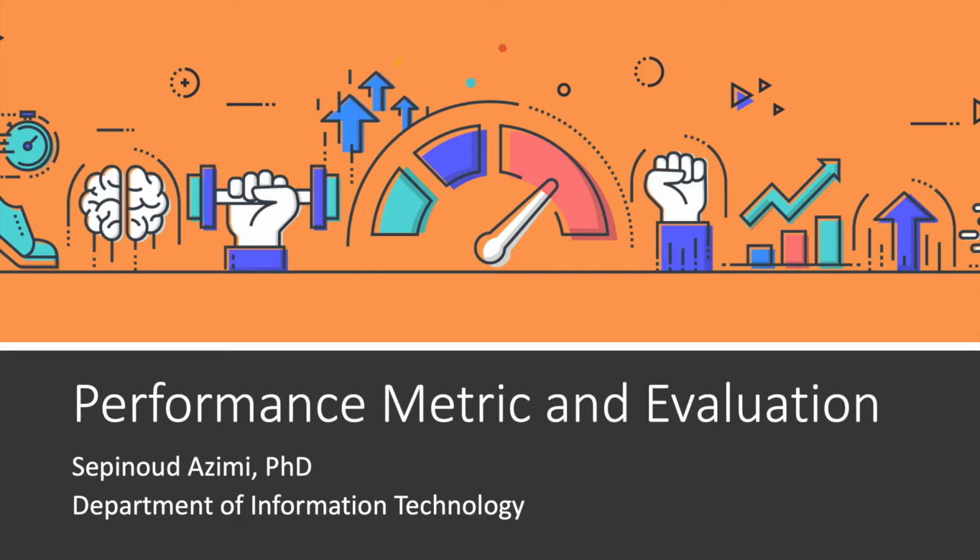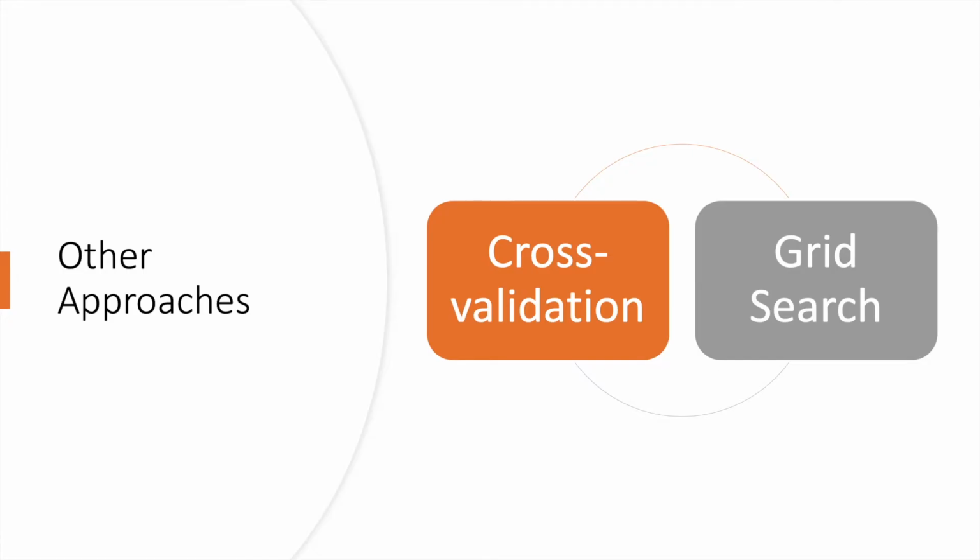Now, we are going to expand the idea of evaluation in this video. We will first introduce cross-validation, which is a more robust way to assess generalization performance, and then discuss methods to evaluate classification and regression performance that go beyond the default measures of accuracy provided by the score method. We will also discuss grid search, which is an effective method for adjusting the parameters in supervised models for